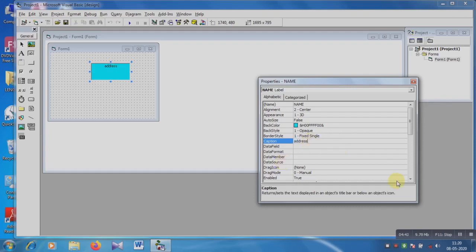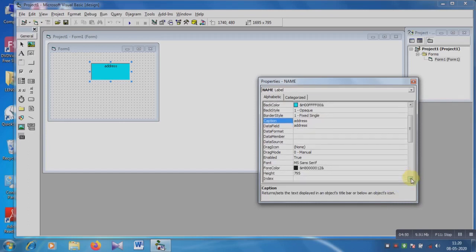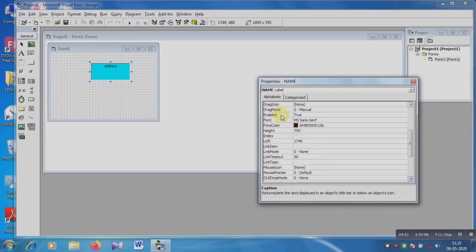Then the enable option. This is the enable option.